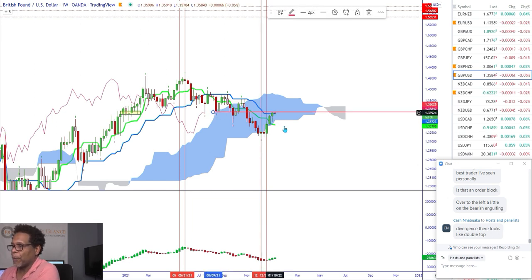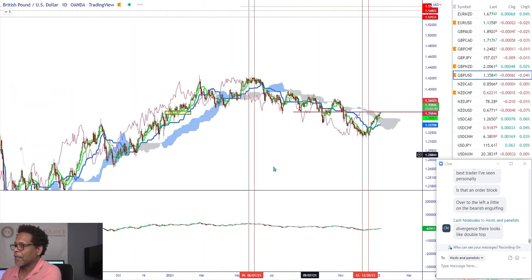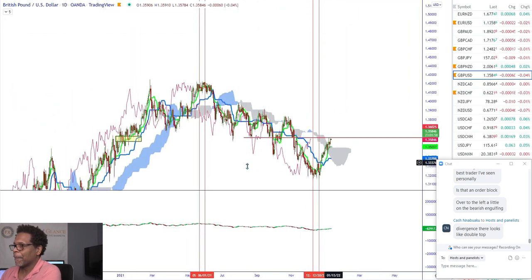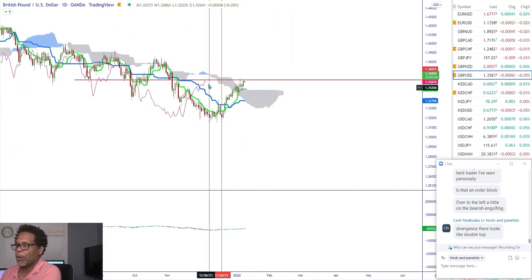And Kijunsen. We're angling to the downside. We're bearish. Everything is bearish. Chikou span's below price. Your clouds are bearish. You've got dark clouds, so that's down days. But you're inside the cloud. The breakout would be a definite trade for me. But I would be looking to short this market on the weekly time frame like now. Now let's go to the daily and see what that tells us. So the daily is bearish, all right? But Chikou span broke above price.